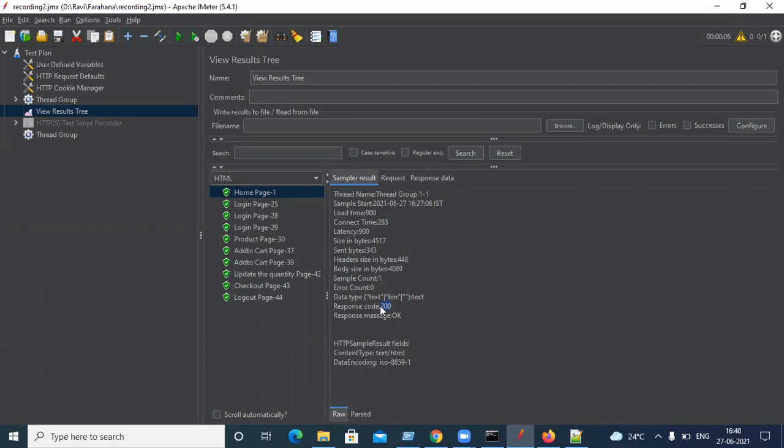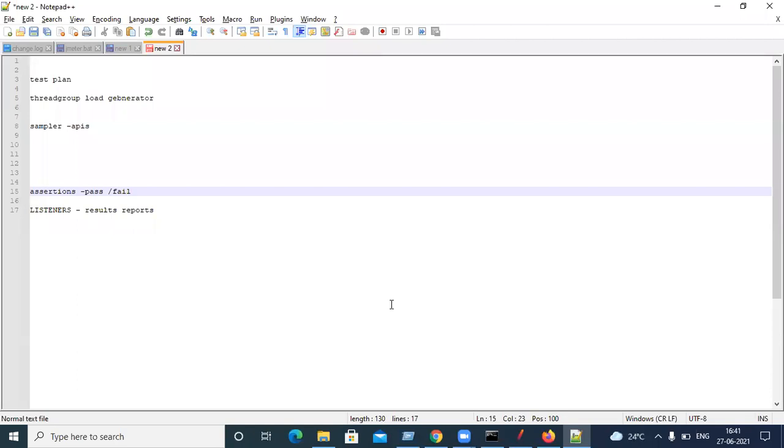That's why it's green. If developers properly handled the application with proper error codes, then we wouldn't have to do assertions because JMeter itself would fail it. But we don't know how the developer handles each and every scenario. We can't depend on that. So that's why we write our own assertions. This green color came from response code 200. If I hit some other application and the response is other than 200, it is wrong and will show as failed. Okay, so that's assertions.